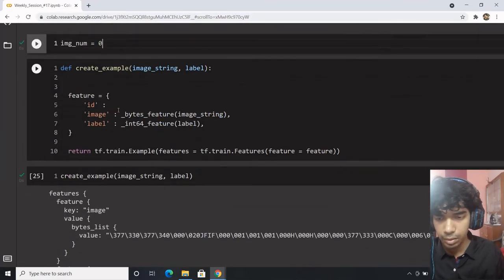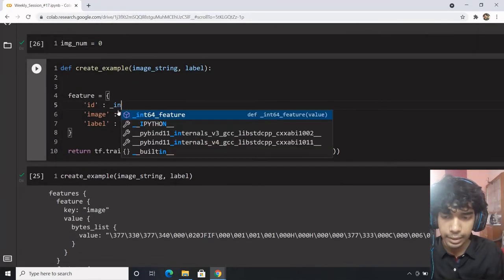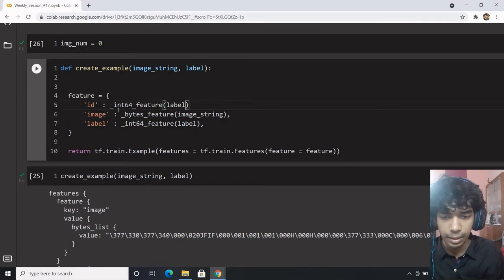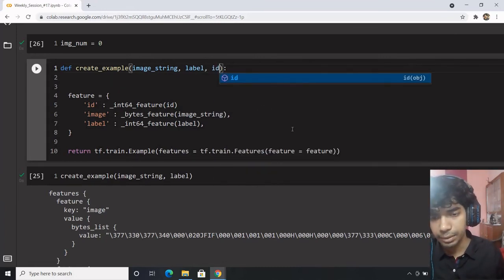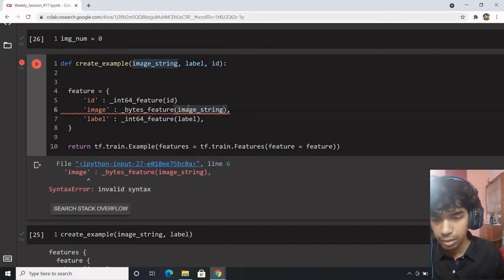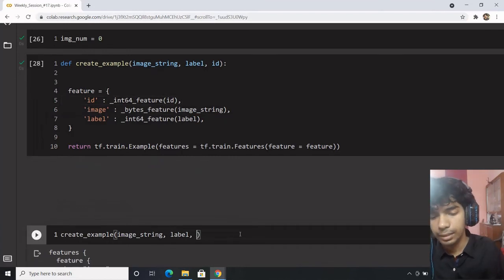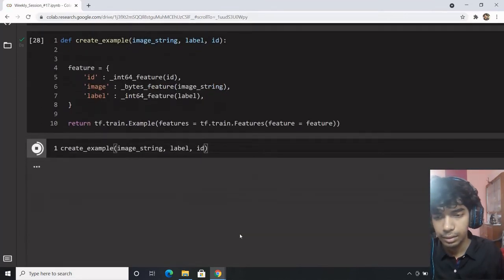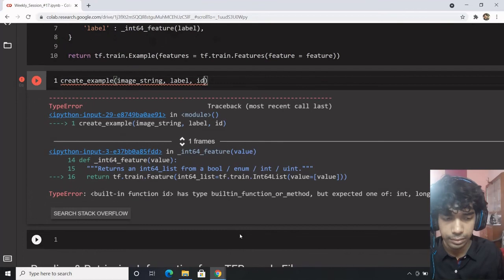Here I define it as an int64 feature, the ID number. And for every example, it would now also require an ID as a parameter. Never forget the comma and add an ID. Here I go.